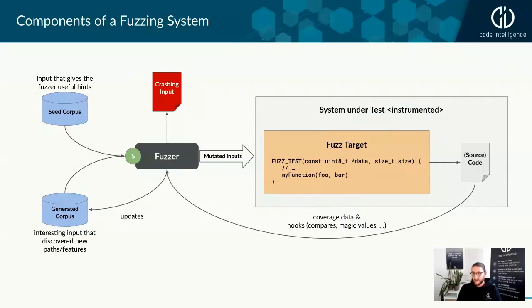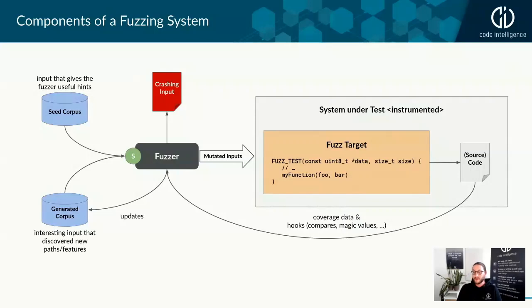This is a function that receives the mutated inputs from the fuzzer and then calls your code under test, or your application under test. It's the same way you would do it in a unit test, like you call your function with inputs. The difference is that these inputs are way more, and they are mutated. They are based on insights gathered during the fuzzing run. And this is why it's recommended to have the source code